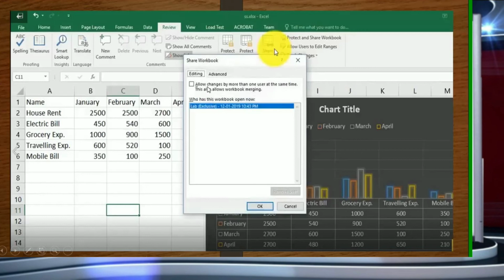You can see above, we have Allow changes by more than one user at the same time. This also allows workbook merging. That means once we click on this, we are allowing other people to make changes in the same workbook. But the only thing is, when you open this file for them, they will make changes, and the same changes will be made in the original file as well.